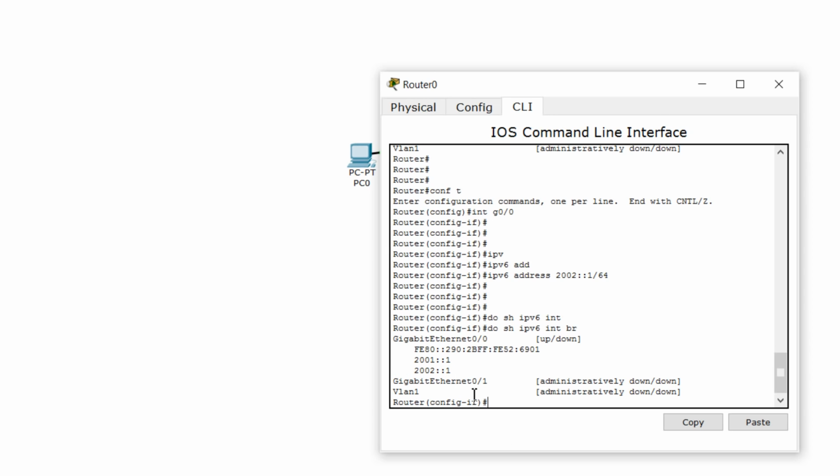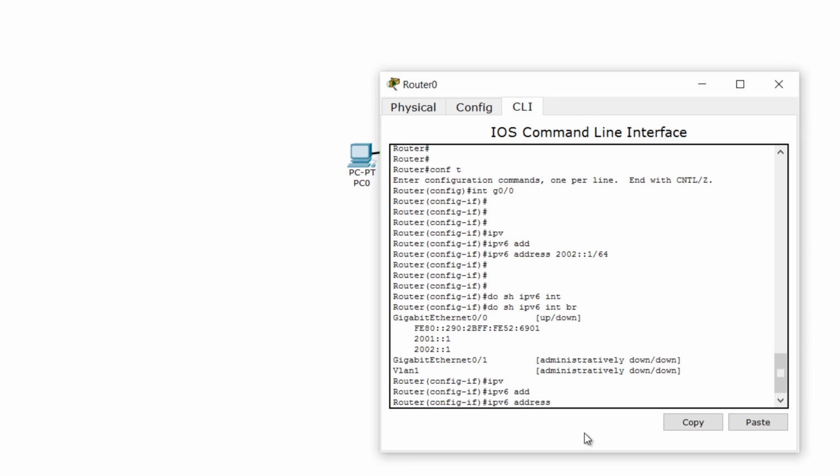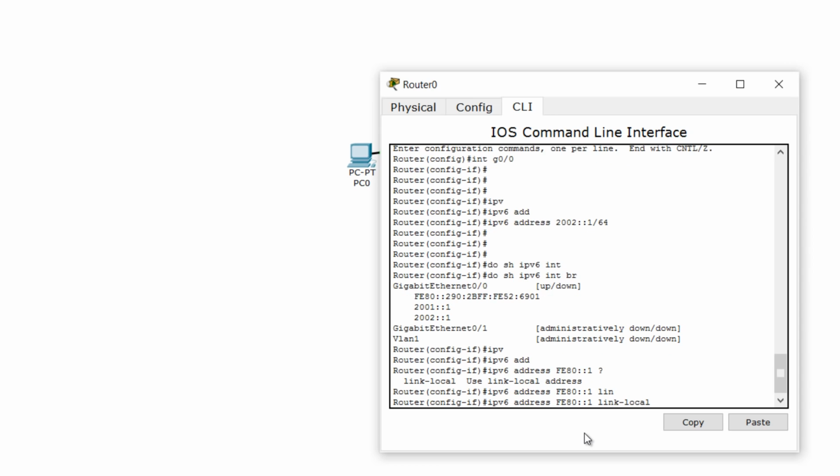Now let's say that for some reason you don't want the EUI64 format to be part of the link local address. How do we change that? You say ipv6 address FE80::1. All the link local addresses should start with FE80. And remember, link local does not have a slash notation, so you don't have to put /64. All you have to say is link-local,